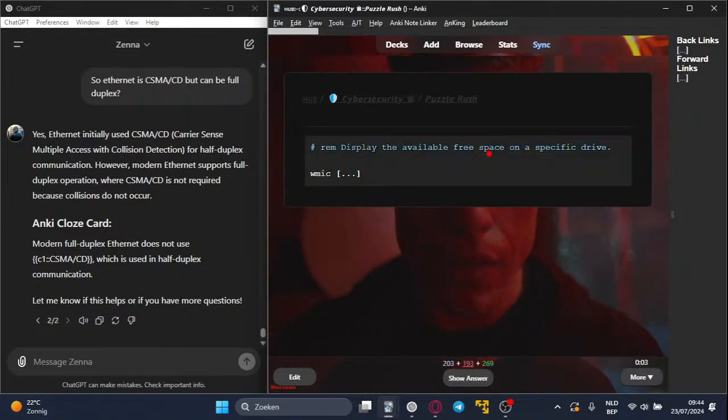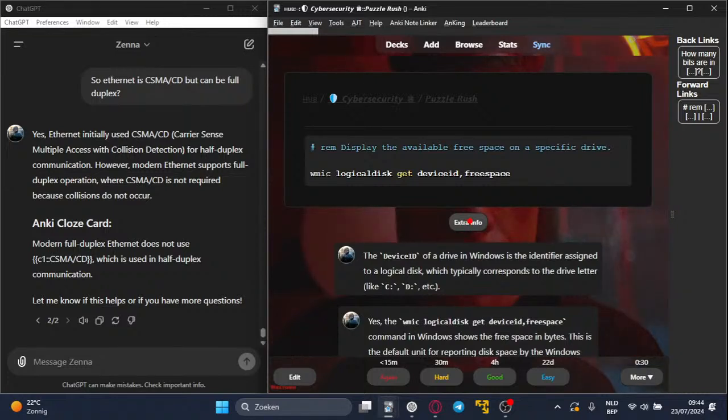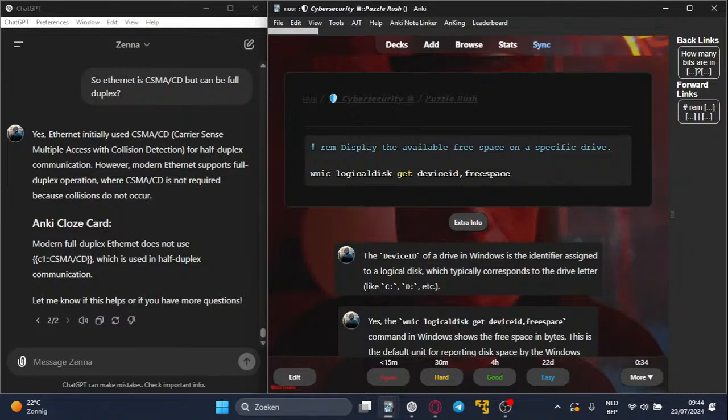Run Windows, display the available free space on a specific drive. Windows Management Instrumentation command. Free. Logical disk. Get device ID, free space. Yeah. Okay, so